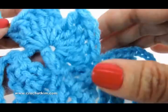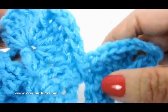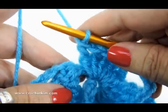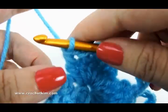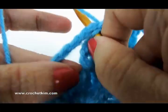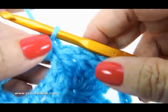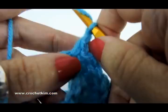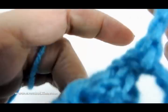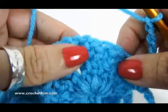All right, I've just completed row 3, and I just wanted to show you. See, shell, single crochet, shell, single crochet, shell. I know that this pattern looks difficult, but it's really so easy. There are only 2 rows to repeat. And so the last single crochet, I just insert the hook under that chain 5 and do a single crochet right there. Now for row 4, again, 1, 2, 3, 4, 5,